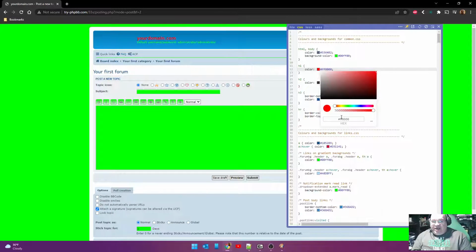I use FF0000, which is red, 00FF00, which is green, 0000FF, which is blue. If you're a nerd, you know exactly what I'm talking about. Anyways, that's what I use just for marking. If it's something that's going to be permanent on my forum, I'm actually going to change that color to